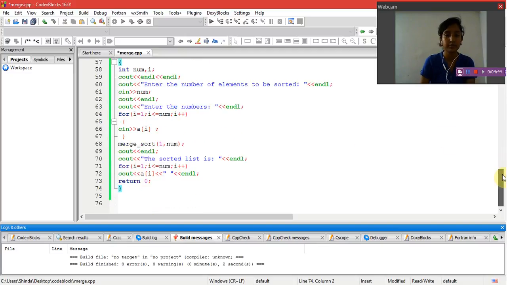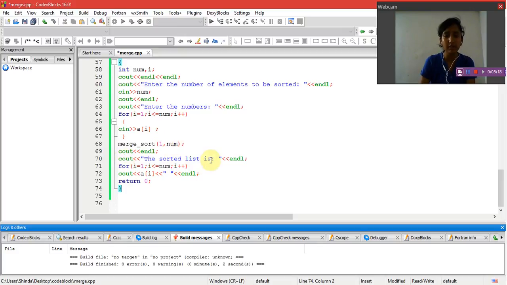Now, if this condition, that is previously declared i is equal to 1, and if it is less than or equal to the number of elements to be sorted, and if it keeps incrementing, then the input is given to the first array, that is a of i. Now we call the function merge sort, which we have previously declared, as 1 comma num. That is, 1 is the initialized value and num is the number of elements to be sorted.